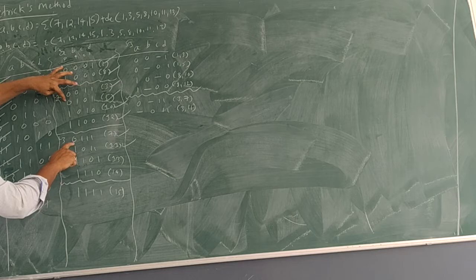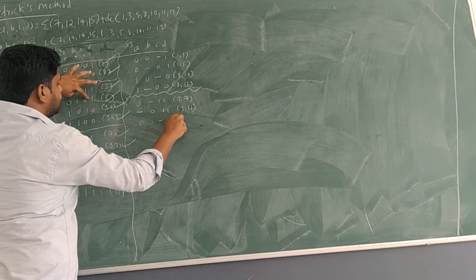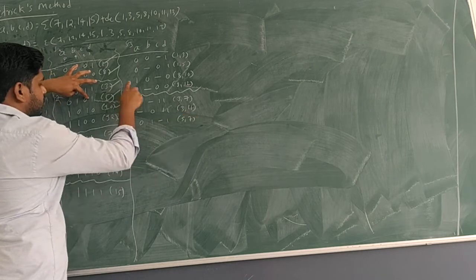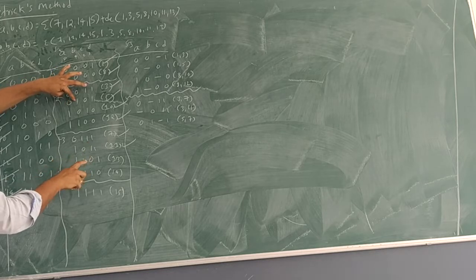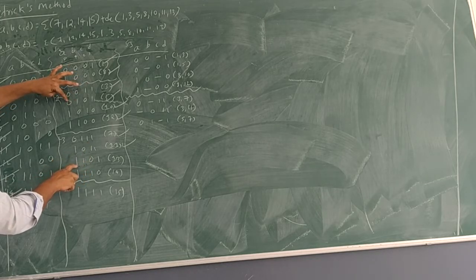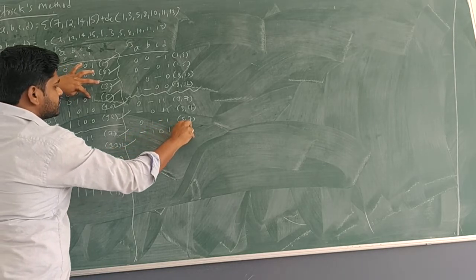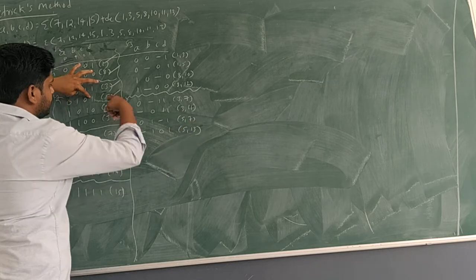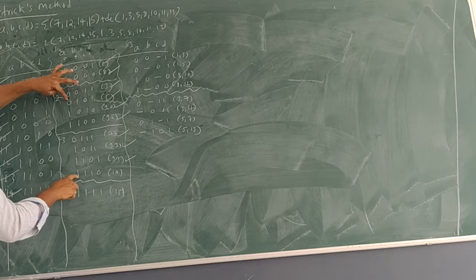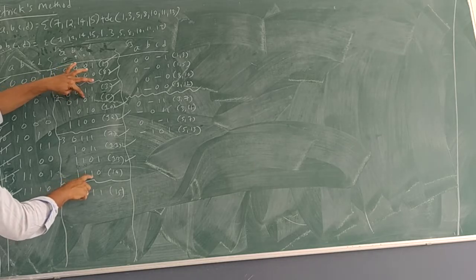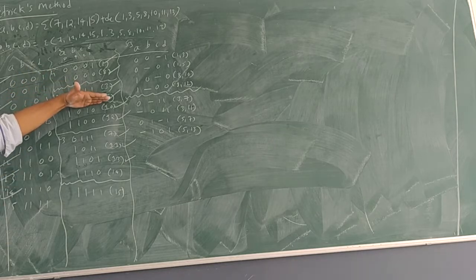Next 5 7, 0 1 hyphen 1, 0 1 hyphen 1, that is 5 comma 7. Both are already pass mark. Next 5 11, A B are different, so we will cancel. So 513 hyphen 1 0 1 hyphen 1 0 1, that is 5 comma 13, 5 pass mark 13. Now selected. 514 A different, B same, C different, D different. So 514 is not possible. That finishes with respect to 5.